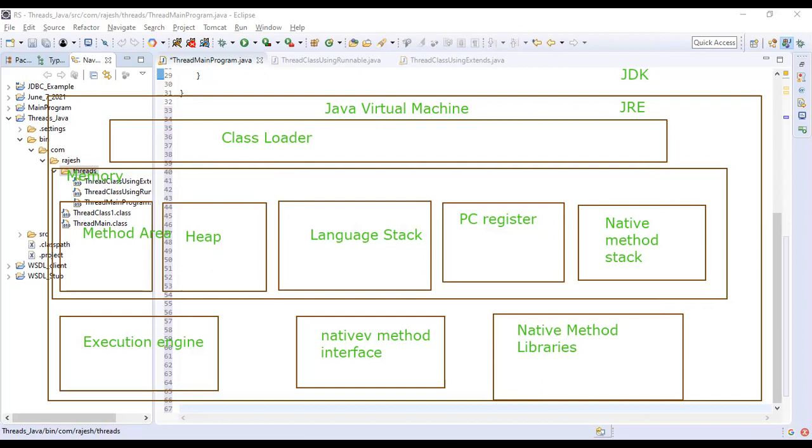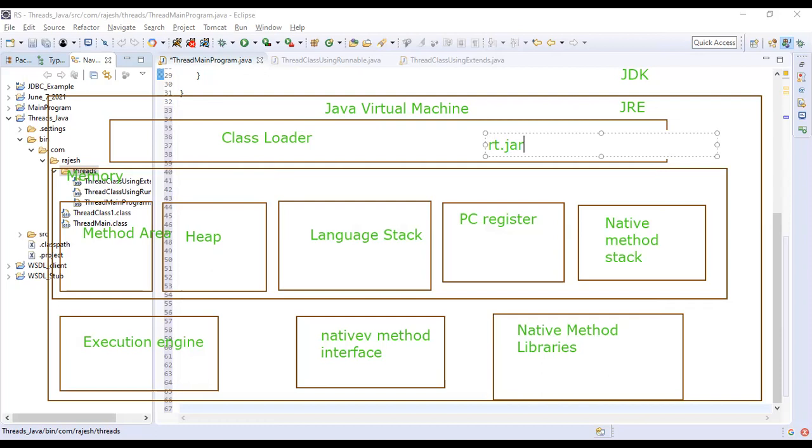Rajesh, sorry to interrupt here. JDK, JRE, Java Development Kit, the whole thing, it will come under JDK. I'm talking about the execution part. The writing part we can do in Notepad also.